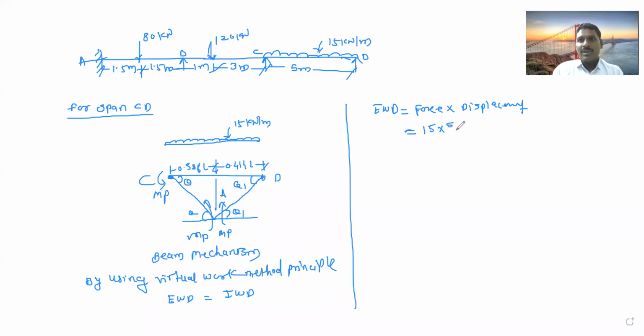So 5, and it will act at 2.5. So the actual force we are taking is 15 into 5, but that force will act at the center, so we have to take 5/2. Then